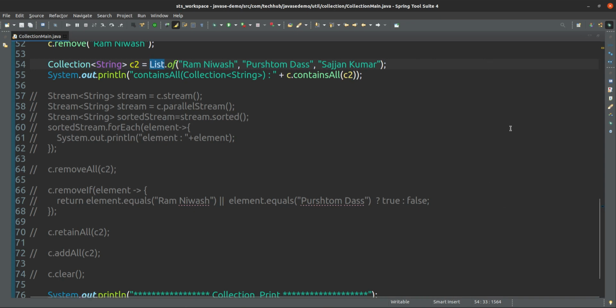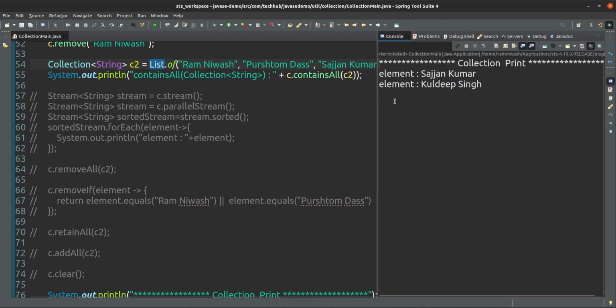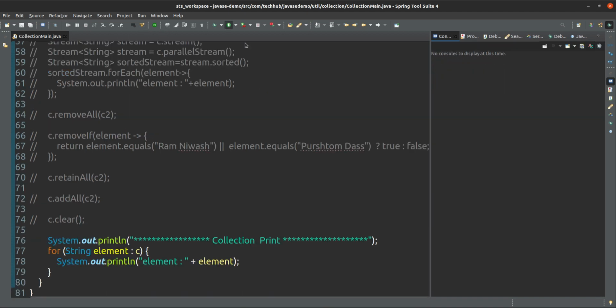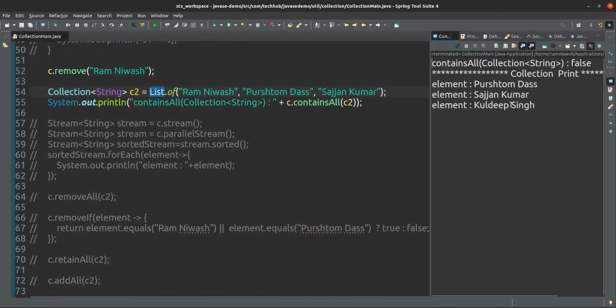You can create in this way also. We will see later what exactly the types of that one are, no issue. So I have created another collection C2. If you see, in collection 2 Ram Nivas, Purushottam, Sajjan are there, and in collection 1 four elements are there: Ram Nivas, Purushottam, Sajjan, Kumar and Kuldeep Singh. These four are there. Let me run once again. Okay, these four are there.